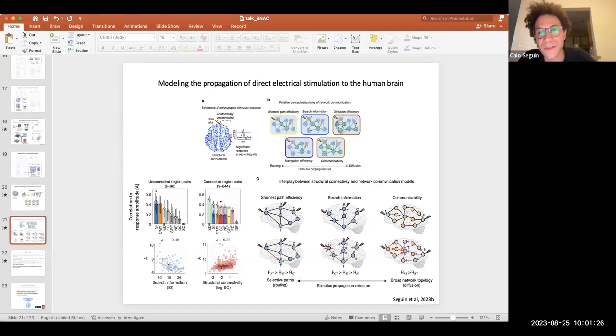I think it's a possibility. I agree with you 100% that these connectomes that we have are far from perfect. We know this, right? We know that it has a lot of biases. There are problems with false positives, there are problems with false negatives, not to even get into what you're saying about all these other neurobiological details that could be added into it, right? Myelination. I don't know.